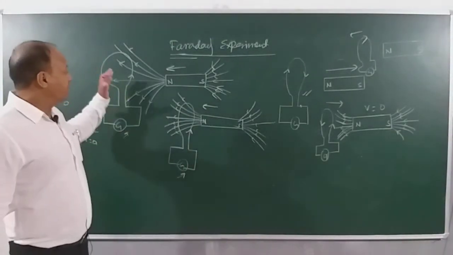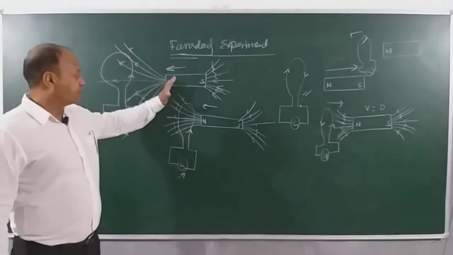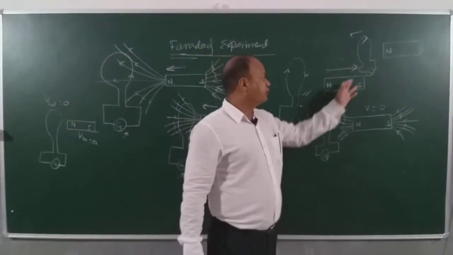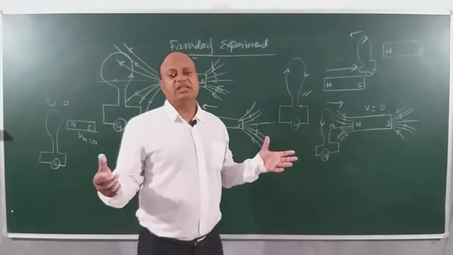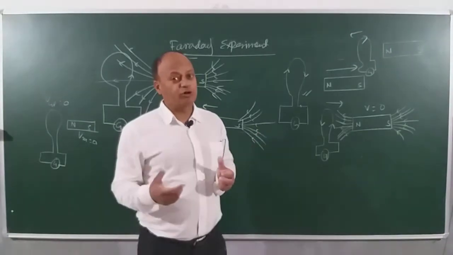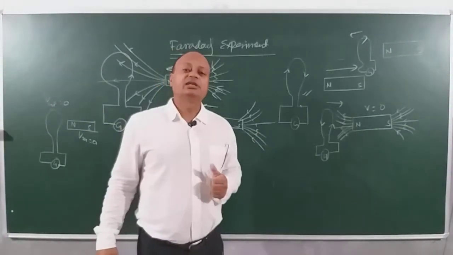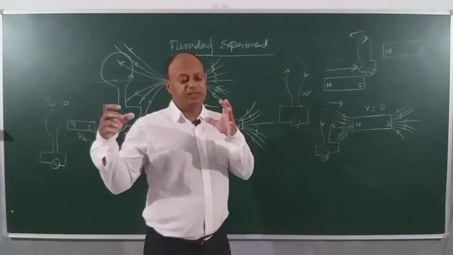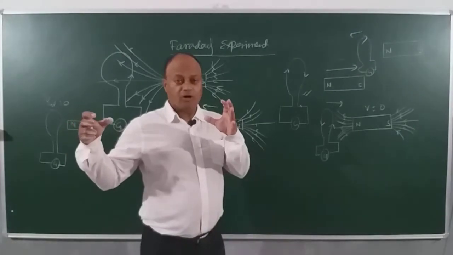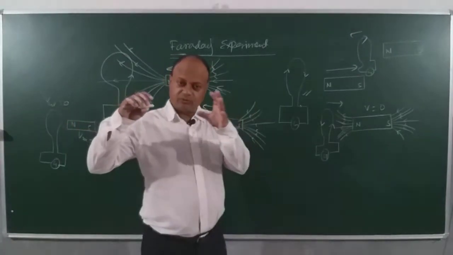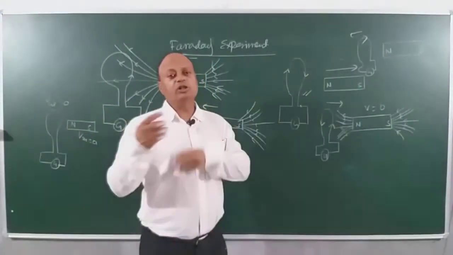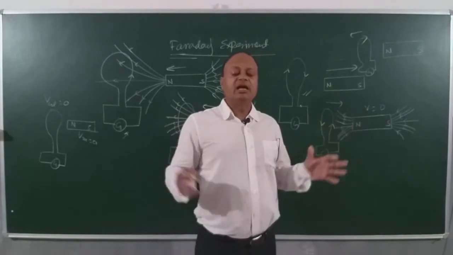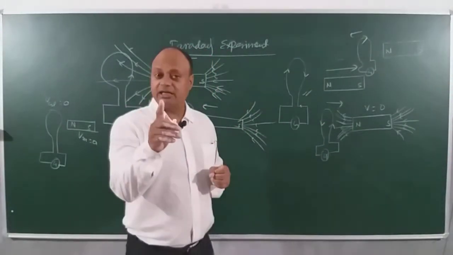In fact, if you look at the scenario in which the magnet is moving here or the coil is moving here, in both cases we are able to generate what? EMF. But if I ask what we are changing, then actually we are changing the number of lines passing through the given coil in both cases. Whether you bring the magnet towards, you take it away, or keep the magnet stationary here, move the coil towards, move the coil what? Away. In all these 4 cases, you are having change in what? The magnetic field lines. And change in magnetic field lines means what? We are changing magnetic flux.